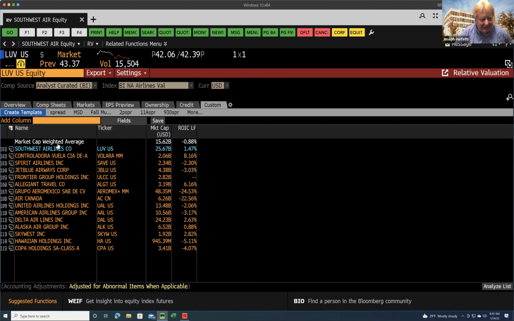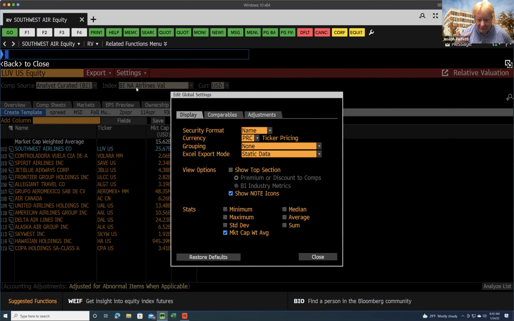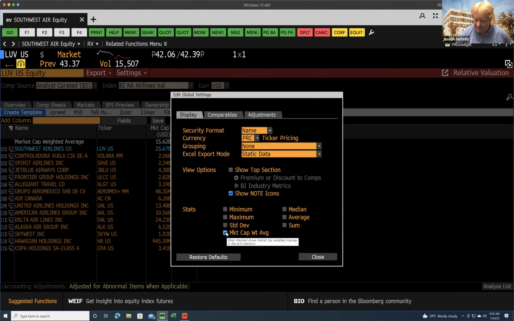what's nice is this top row, it's called the market cap weighted average. That's the average of the industry of all the people on this list. So what's also nice about Bloomberg is it gives you real-time industry averages. And where this market cap weighted average comes from is over here on settings, under global settings and your individual account. It has all of these statistics that you can add. The statistic that I have added is called market cap weighted average. Okay. In your default tool, when you